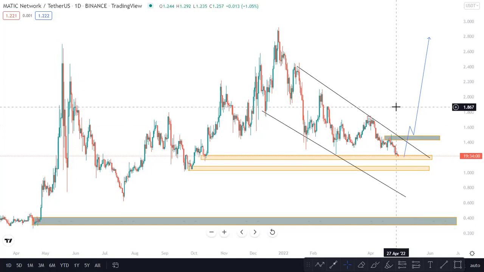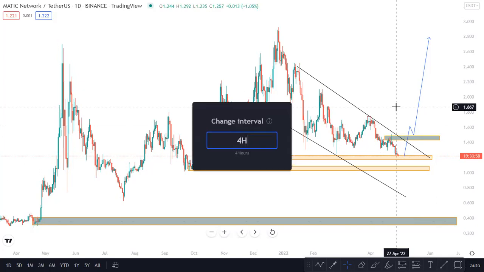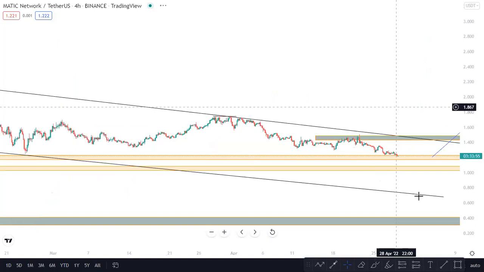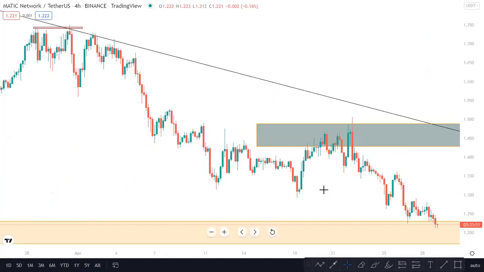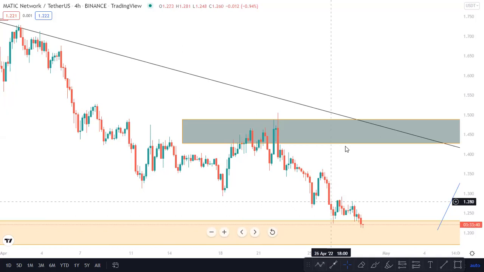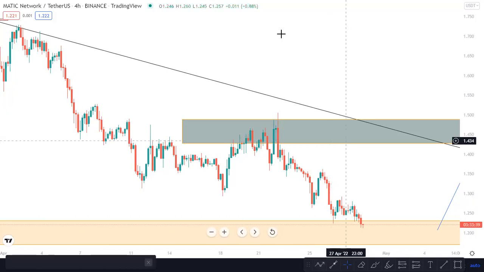Okay, go into the 4-hour time frame. On the 4-hour time frame, now I'm zooming in. I want to see what is happening right now. Let's say now you want to take those buys from the daily time frame, and you want to target